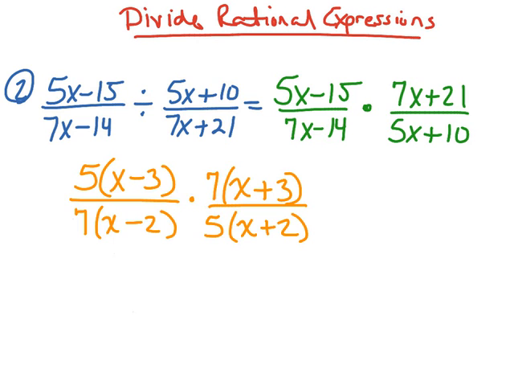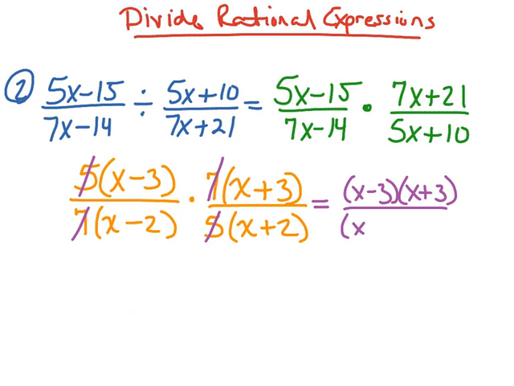Now I'm going to go in here and see what I can cancel out. I can cancel out this 5 with this 5. I can cancel out this 7 with this 7. And that looks like that's about it. That's all I can cancel out. Those are the common factors. So what I'm left with is x minus 3 and x plus 3. And down in the denominator, I'm left with x minus 2